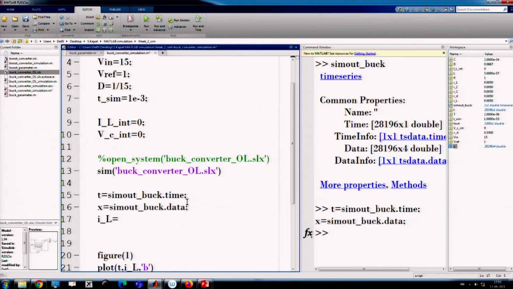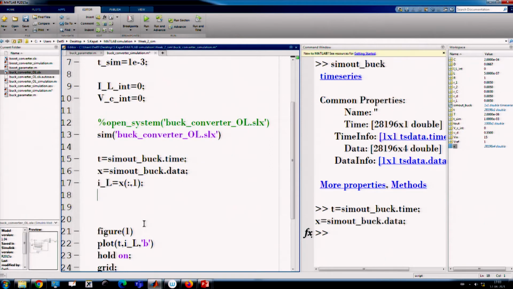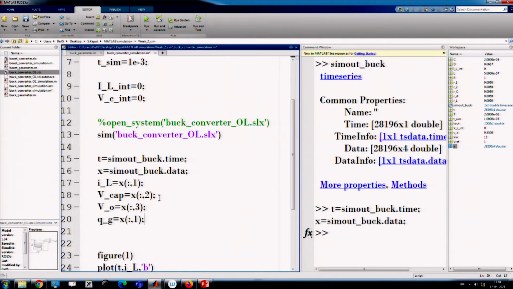So, x, all the rows we will take and the first column we will take. Next, capacitor voltage will be the second column, then V0 is the third column, and then QG, which is my fourth column.